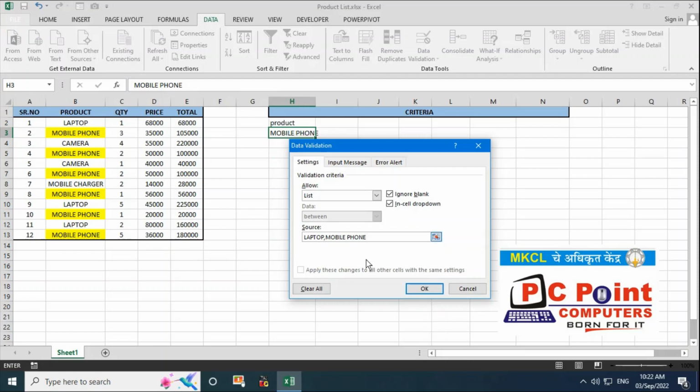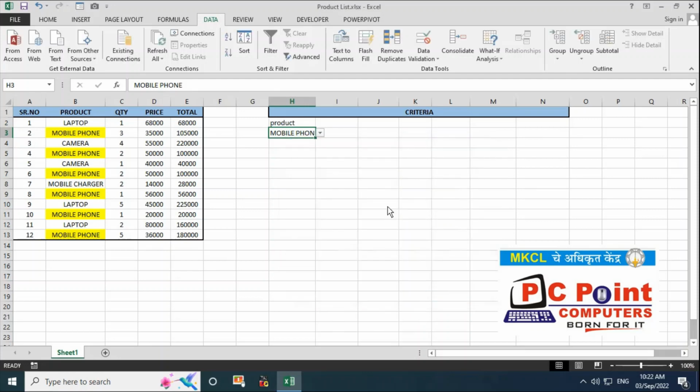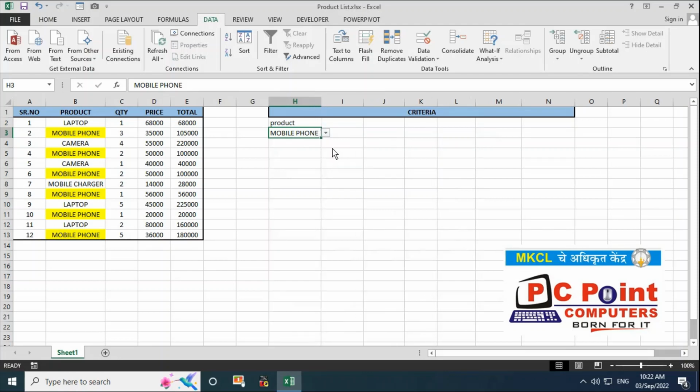You can write any other product here, but currently I am writing these two products. So here you can see my drop down has come. From here I'll select laptop, and with just one click you can switch to mobile phone. Adding the drop down makes it easy for users to find their desired product.